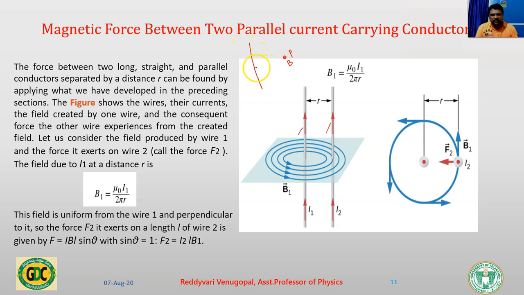So we have derived an equation for the magnetic field induction B due to a straight current carrying conductor at point P, which is at a distance d from the center of the wire. We have got an equation, that is mu naught by 2 pi into I by R or I by d. If this is the current carrying element at a distance R, then it is mu naught I by 2 pi R. This is what we have derived till now.